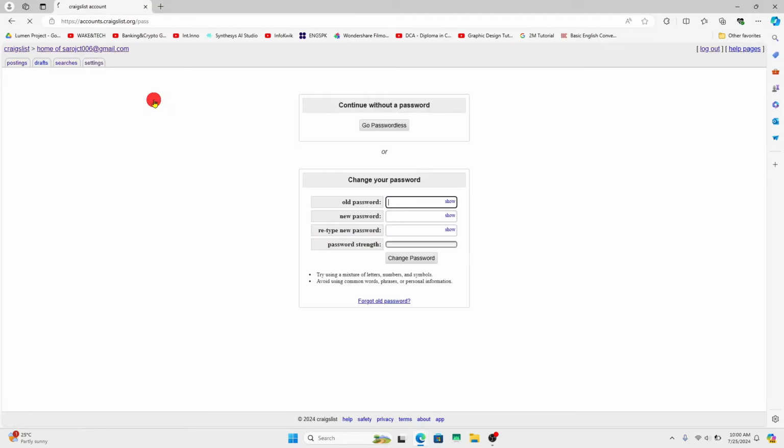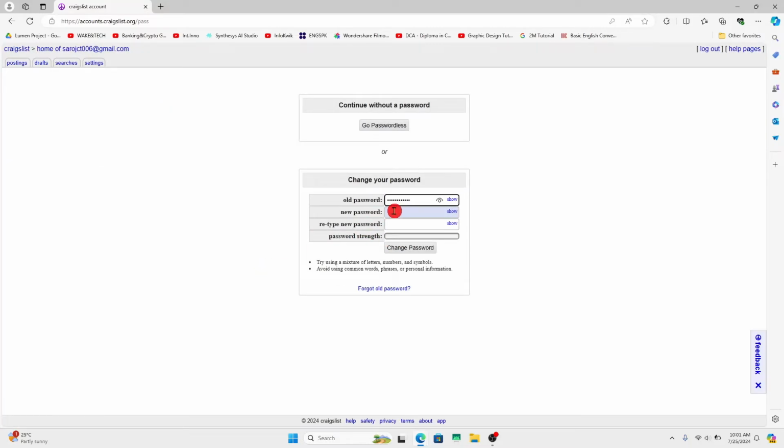Go ahead and click on this button and you will be asked to enter your old password first. Type in your old password and then enter your desired new password for your account. After typing in this new password, enter this new password once again for confirmation underneath the retype password box. After typing this new password twice, click on the change password button and your password will successfully be changed on